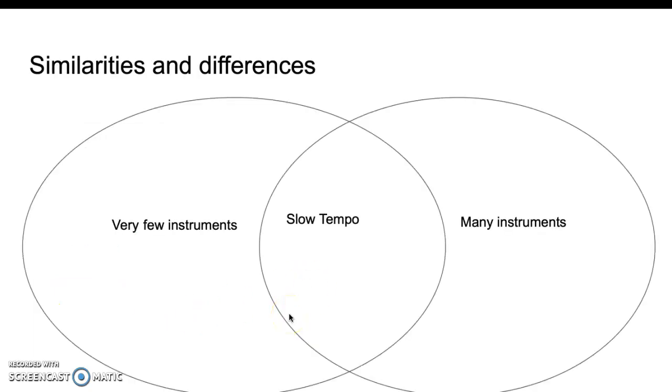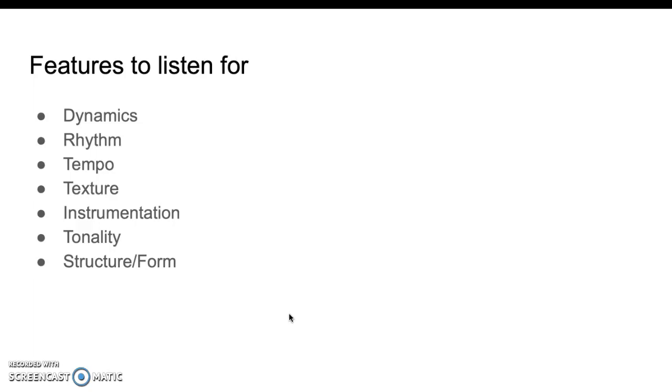So you've probably had a listen to those two pieces. I've gone a little bit ahead here. So for example, dynamics, we tend to talk about dynamics in wide or narrow ranges. So if the piece of music you listen to has a good range from, say, quiet to loud, or piano to forte, we would say that piece has a wide dynamic range. Whereas if it's more or less the same volume all the way through, we say it has a narrow dynamic range. So for example, Sleep Song had quite a narrow dynamic range, where I would say Zelda's Lullaby had a